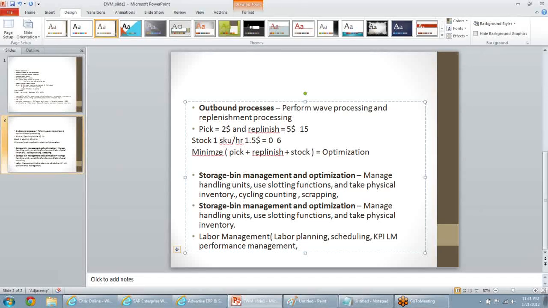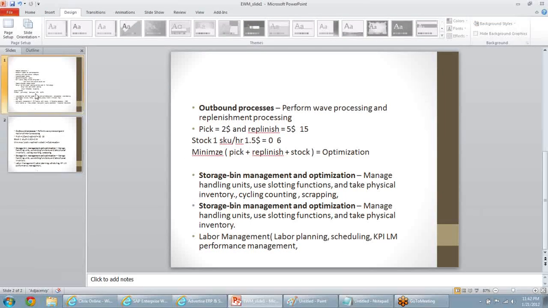Why is performance management very important for labor management? Suppose, like, bonus. Yeah, exactly. So performance management is very much required for any labor management system, so that you can keep track of which activity areas each labor is working on, and within how much time they are able to finish their work. How much work is remaining, and how much work they are able to finish on time. All these things my system should be able to support.